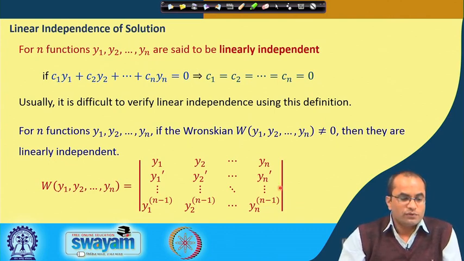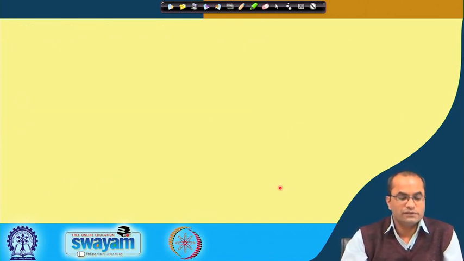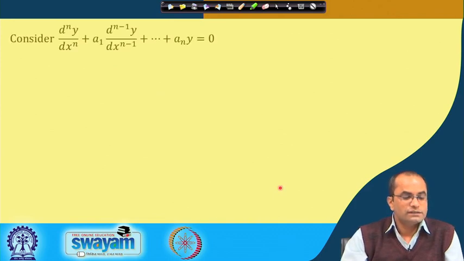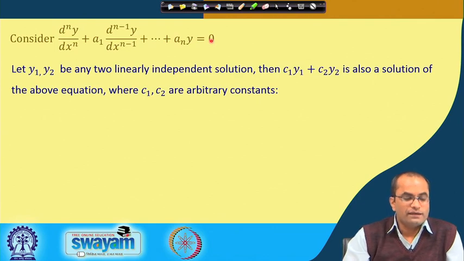So, this was about the linear independence and dependence of the functions, because we need to introduce these terminologies before we use them in setting up the solutions of linear differential equations. So, here let us consider this homogeneous equation first. So, this nth order term, n minus 1th order term, and this constant a n and this y term equal to 0. So, this is the homogeneous equation because this right hand side is set to be 0,